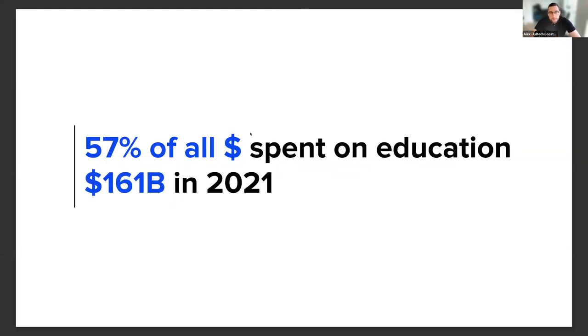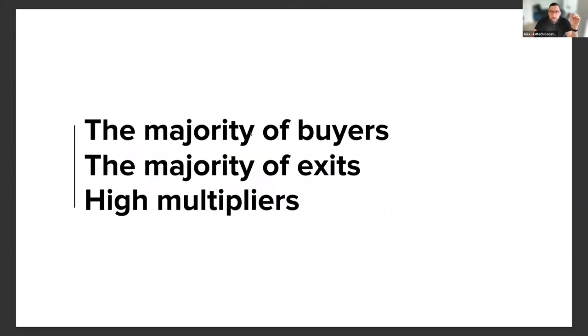So here you have the biggest market. Just imagine, the biggest market, and the majority of buyers are here. The majority of exits are here. Again, according to Crunchbase, you can check it. You can go to Crunchbase and see where exits are happening. The majority of them are happening either in China or in the US. Some of them are happening in India.